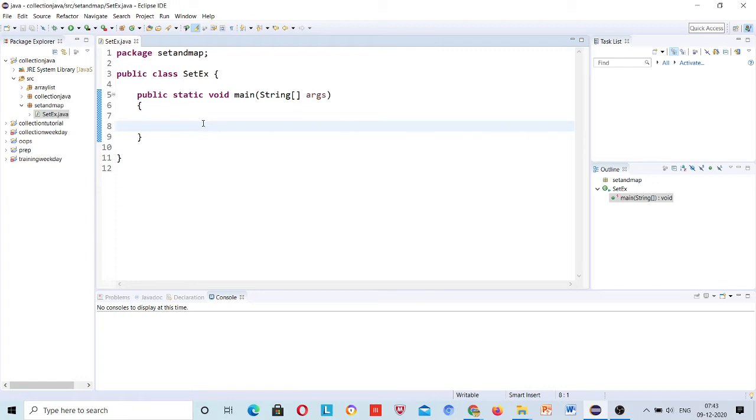Because see, first let me write a set program. Let me add one or two elements in that set and then we will come to that. Okay, so set actually is an interface, right?